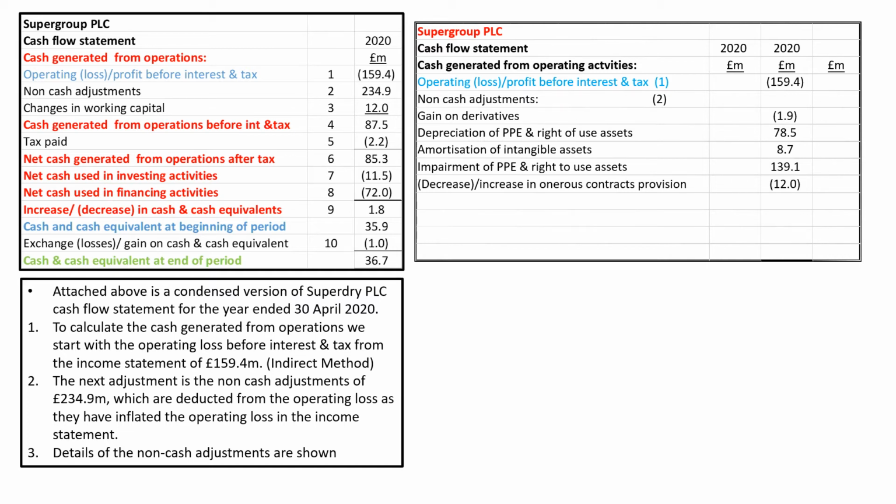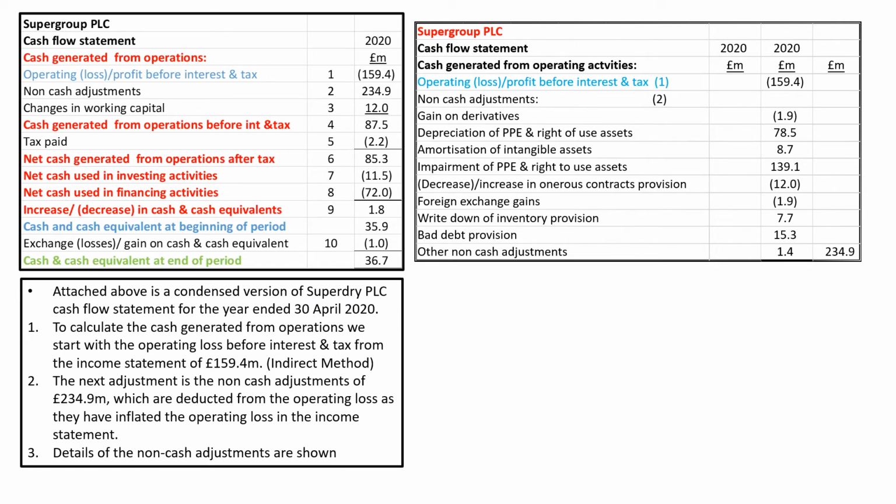Here there is a decrease in the onerous contracts provision, so we've reduced the provision. So in the income statement it would have reduced the operating loss, but in a cash flow statement it would increase the operating loss. Foreign exchange gains, and finally we've got write down of inventory provisions. In other words, we are making more provisions because the stock is obsolete. And finally we got bad debts provision of 15.3, and if we add them all up